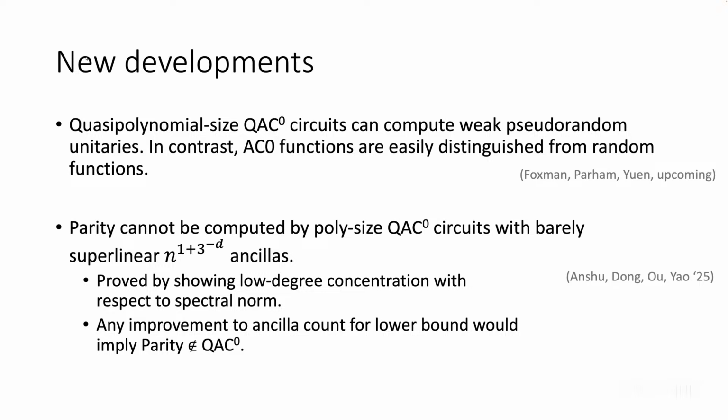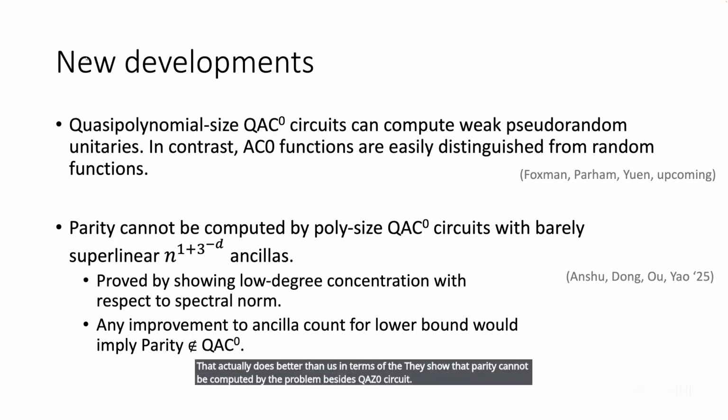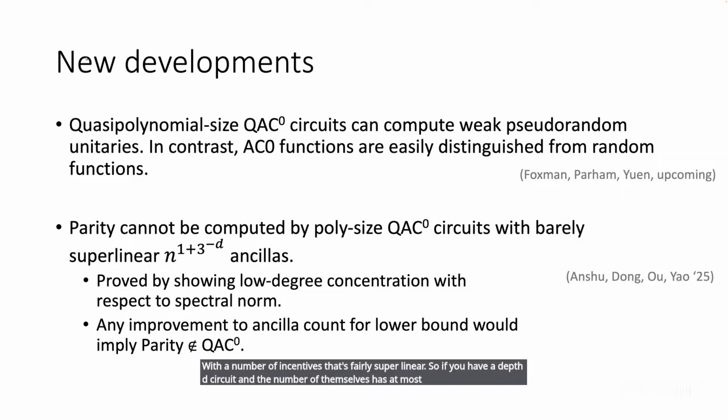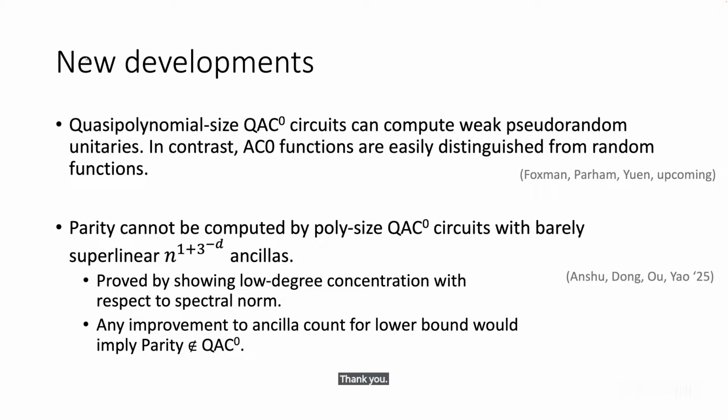And then finally, there's a lower bound that recently came out by Andrew Bone that actually does better than us in terms of the number of ancillas. They show that parity cannot be computed by polynomial-sized QAC0 circuits with a number of ancillas that's fairly superlinear. So if you have a depth D circuit and the number of ancillas is at most n to the 1 plus E, that can't be parity. And they prove it